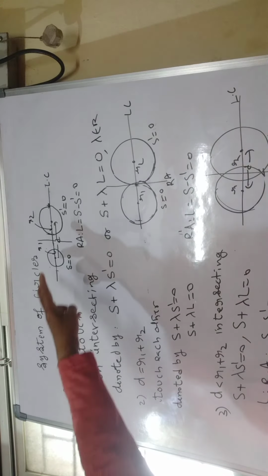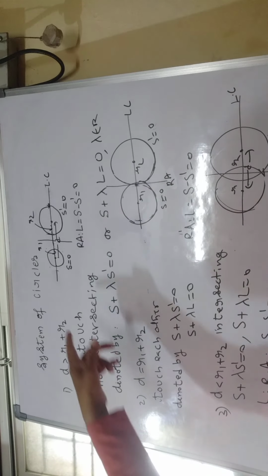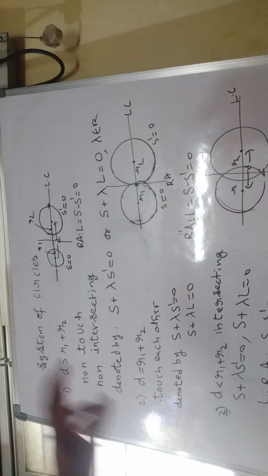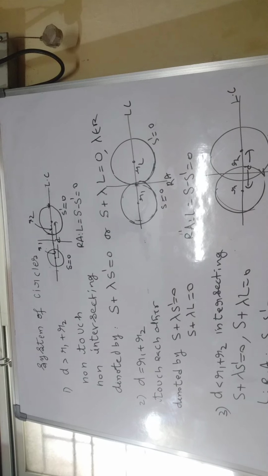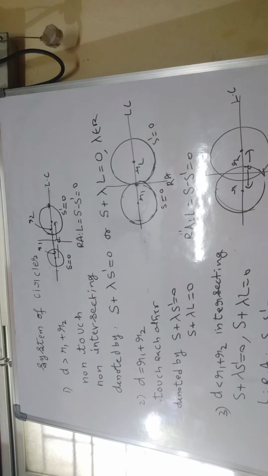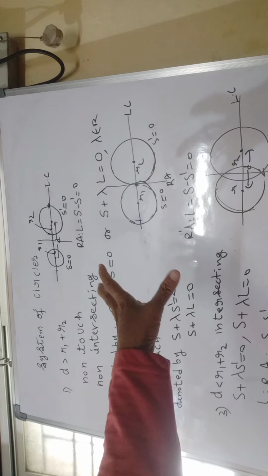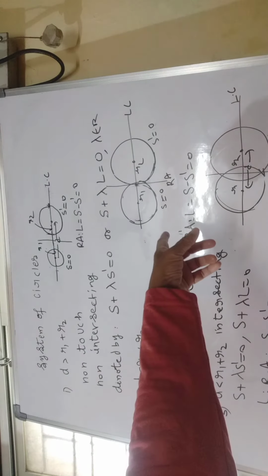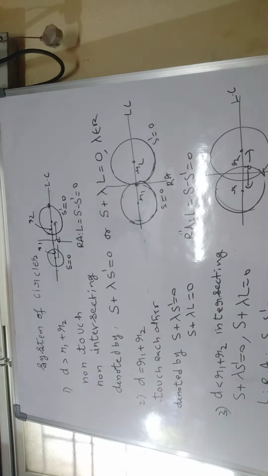Once again I repeat, two circles will be there, parental circles, S and S dash. They will be joined, S plus lambda S dash, lambda being any real number. If you go on putting different values of lambda, including these two members, you get all circles. Fundamentally, if they are non-intersecting type, the whole family will be the same system, non-intersecting. Similarly, when D is equal to R1 plus R2, they touch each other externally, and with S plus lambda S dash, for different values of lambda including these two elements, you get the total family of circles all touching at the same point, and the radical axis becomes the common tangent, with the line joining the centers called the line of centers.